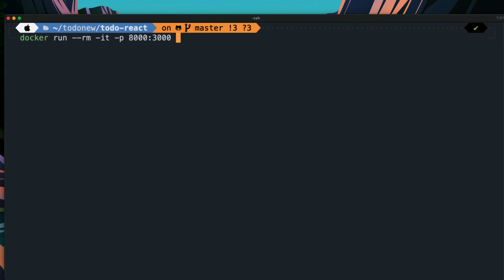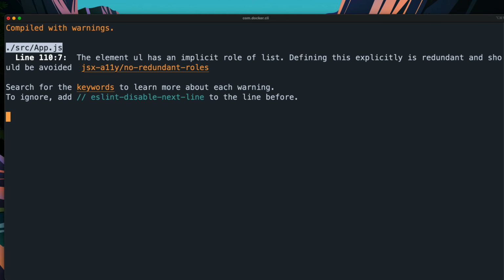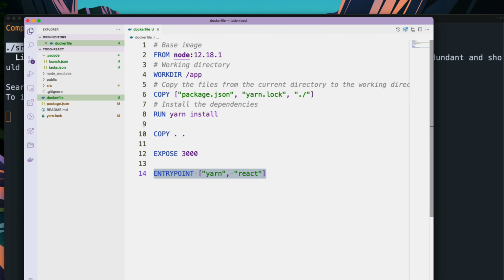I'm not going to do any volume mapping this time. So whatever change I make on my local machine is not going to be reflected in the container, which happened in our last video while we discussed the Docker run. And then I'm going to add todo-react. I think this is the image name, right? Once I hit enter now, you can see that the application is starting to run, and it has started. And the reason why it is showing us all the commands is because we're running in the interactive mode right now. And let's go to the application